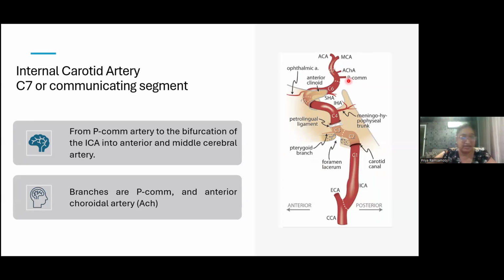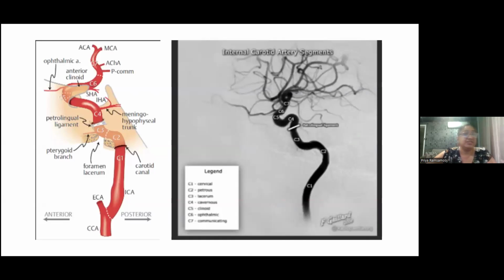And the branches are, naturally, as we see it here, the posterior communicating and anterior choroidal artery. So in terms of the internal carotid artery segments, we've covered it as per the Bethelius classification, all 7 segments. And though on the left you see an artist description, you see a description in terms of the vessels and angiography, mimicking how C1, C2, C3, 4, 5, 6 goes, and that they end in the anterior and the middle